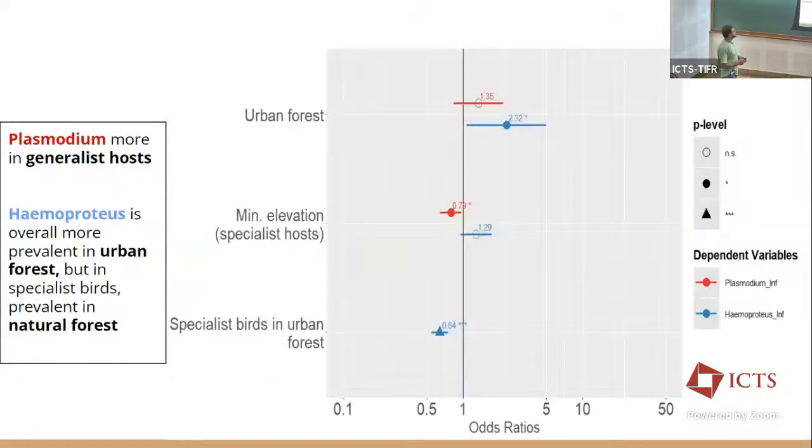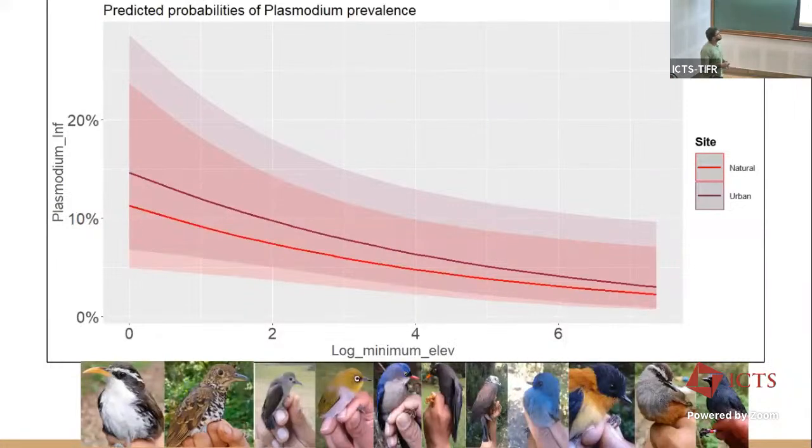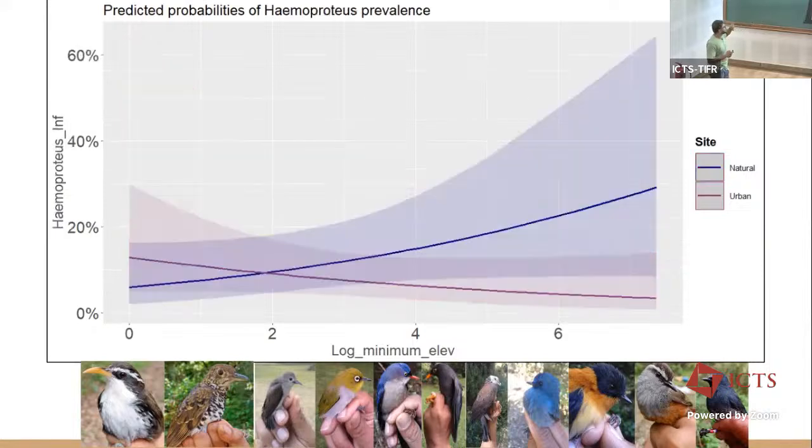Okay, so look at this. In both natural and urban forests, Plasmodium acts the same towards minimum elevation. As your minimum elevation goes up, meaning the species becomes more specialist, the Plasmodium prevalence goes down. There was no significant result for the interaction term here. But with Hemoproteus, there was a significant interaction term. The two variables are interacting with each other, meaning